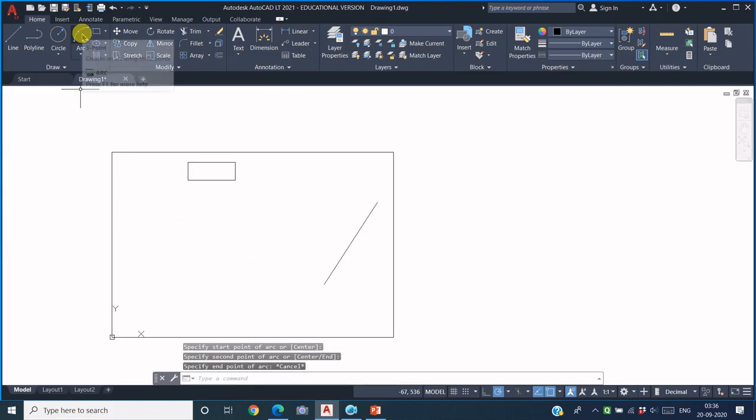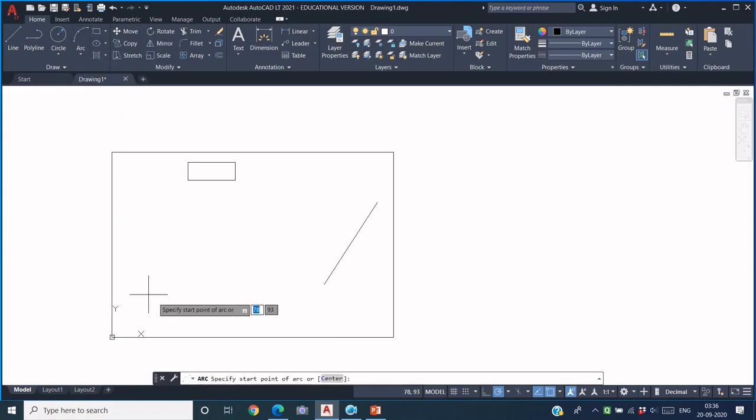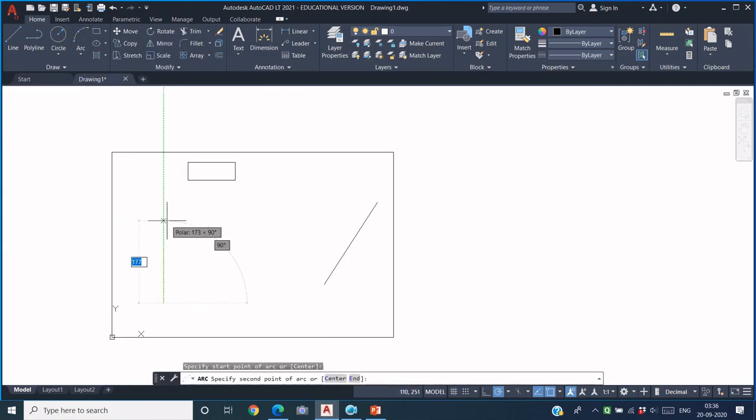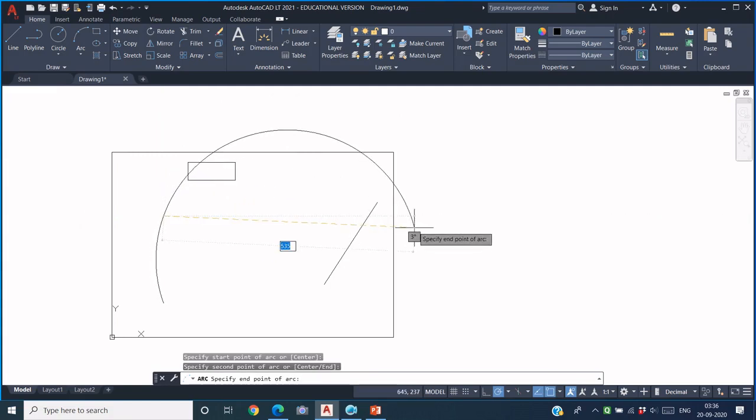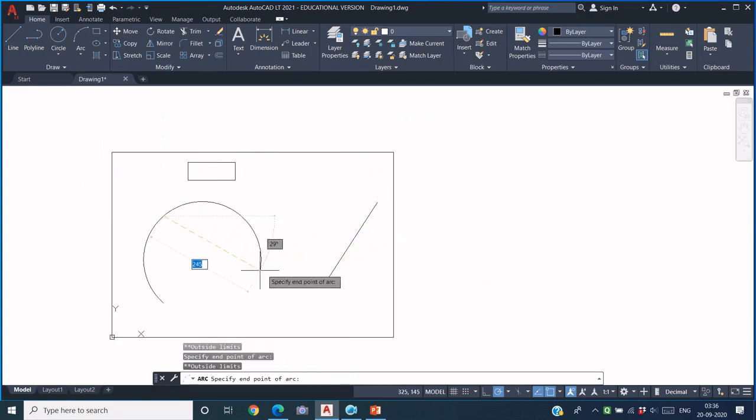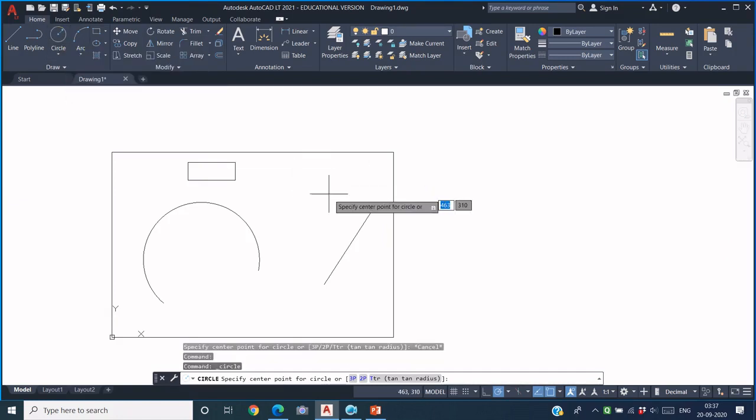Similarly, for making an arc, 3-point arc, you need to specify all the 3 points making the arc to lie within the limit area. If any one of the 3 points lie outside the limit area, the system will not accept this command. Similarly, if I just want to make a circle, the center of the circle should lie within the boundary.